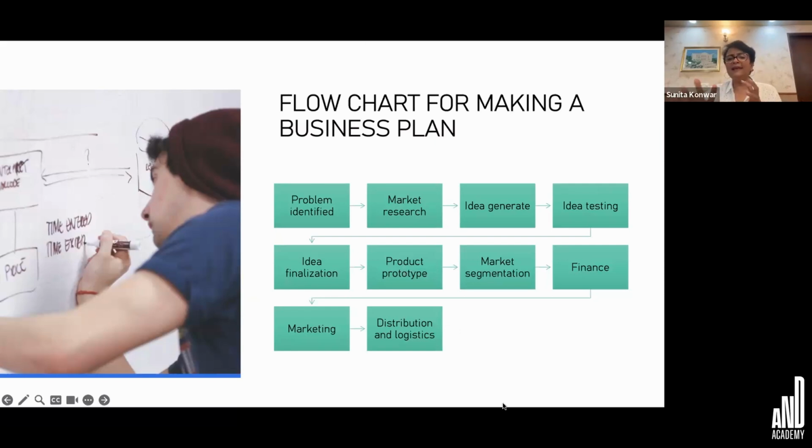Of course, there are many elements. I wanted to make this particular session absolutely easy for you to understand. Therefore, I just picked up some important aspects and I have come to share this with you. So after you have done all of this, and this is what our students have done in the capstone, there are quite a few who have started with their own business plan.